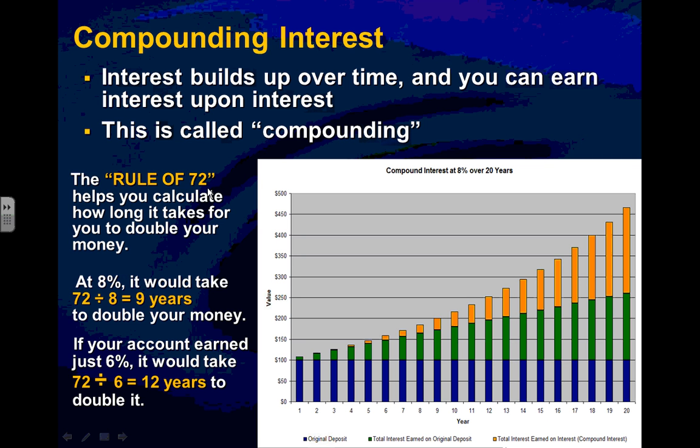In fact, there's a rule for it. It's called the rule of 72. If you take your interest rate and divide it into the number 72, it will kick out a number of years that it will take to double your money. So this chart is for 8%. If you could get 8%, that's really good right now. Most banks aren't paying anywhere near that. But if you could get 8%, 72 divided by 8 is 9. In 9 years, you would double your money.